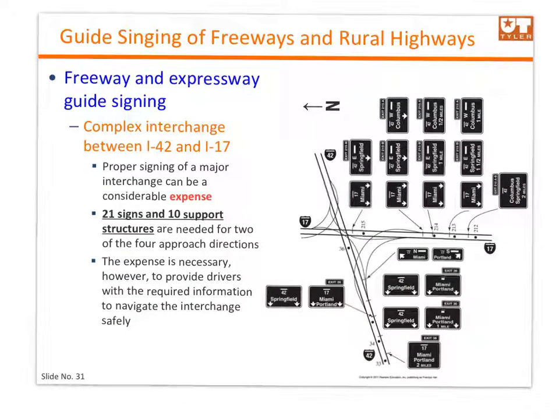Part of talking about that type of complex interchange is that this type of proper signing would be very expensive. As you can see here, we're having 21 signs and 10 support structures needed only for 2 of the 4 approach directions. That means it's super expensive to do such an amount of signing. The expense is, however, very necessary